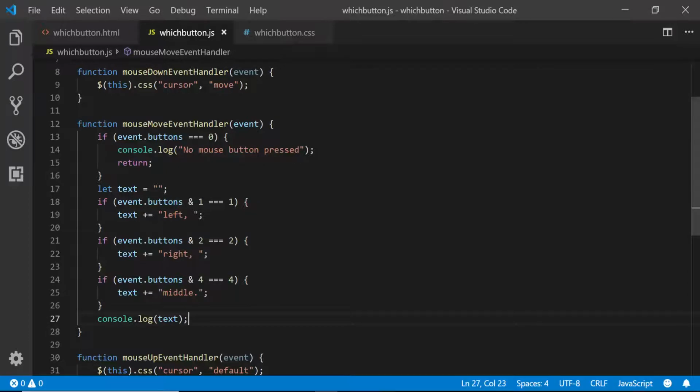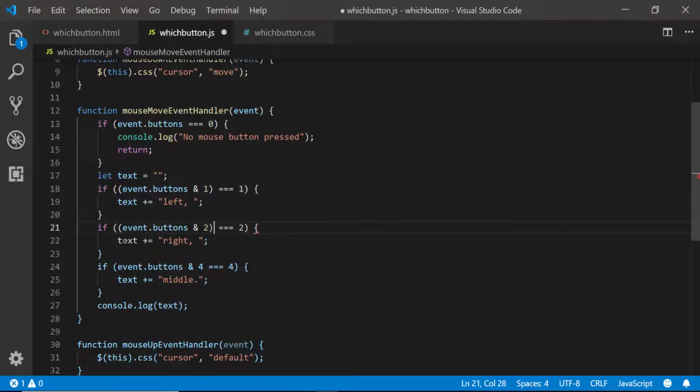Yes, sorry, the messages I'm getting are because of the operator precedence. So you need to take care of operator precedence. I forgot to mention that. Otherwise, this is evaluated first and then it is ANDed with this, because this operator, the identity equality operator, has greater precedence than the bitwise AND operator. So if I do this, that should